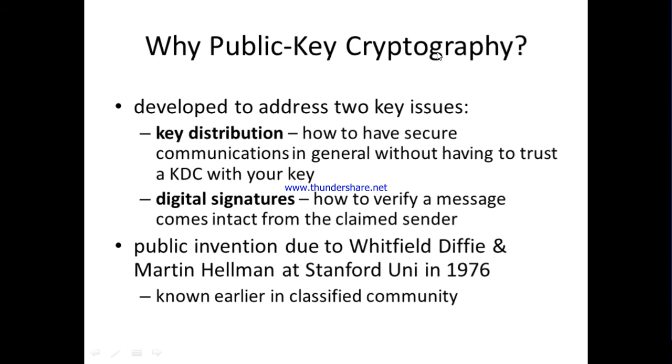So why are we going for public key cryptography? What are the applications? There are two main applications of public key cryptography. One is key distribution and the second one is digital signatures. Key distribution means if you want to share a key between the two parties, you can use public key cryptography. That is, if you want to use the secret key, that is the symmetric key, one key encryption, but the key has to be shared, you can go for the public key. You can use the public key to distribute the key. So that is one thing.